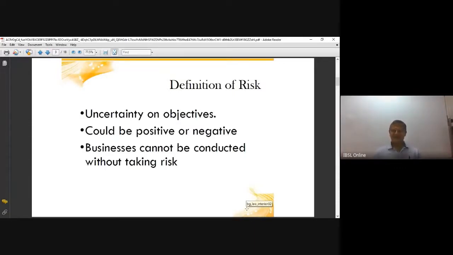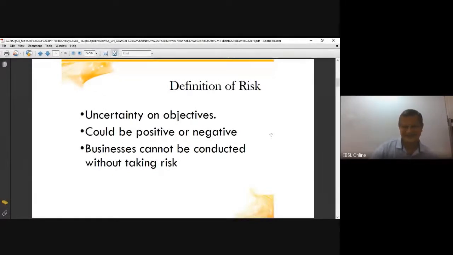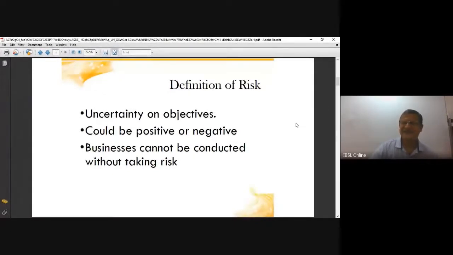I need to give a definition to risk. Before we start management of risk, we need to understand what risk is. In simple language, risk is a chance. In this chance, either you will lose or you will gain. When you take a chance, you always take it to gain, but there are times that you tend to lose. If the risk factor is higher than the reward, you tend to lose.